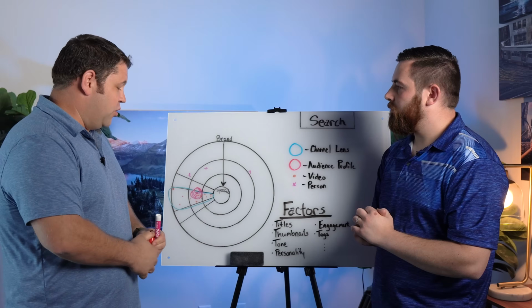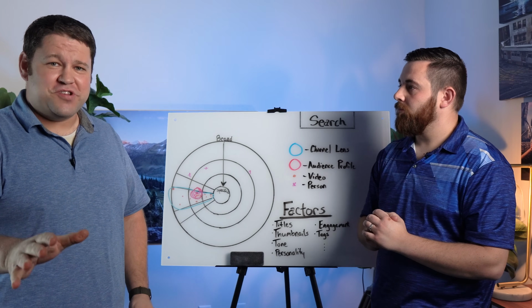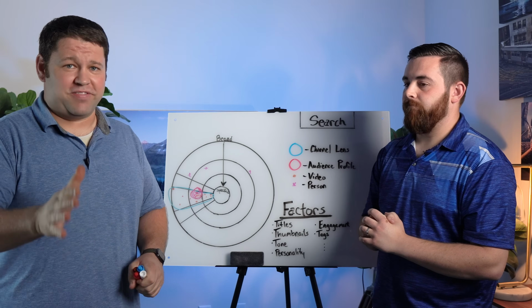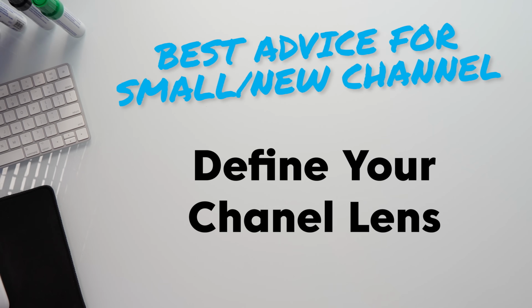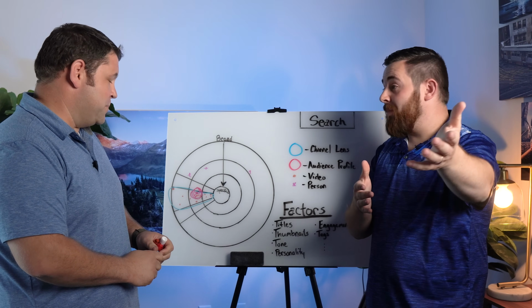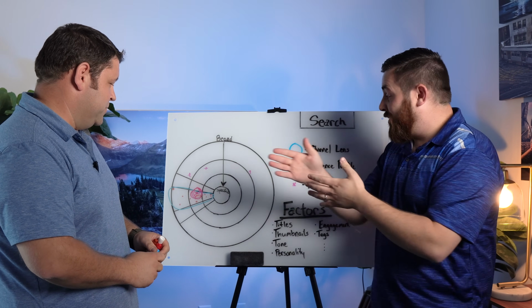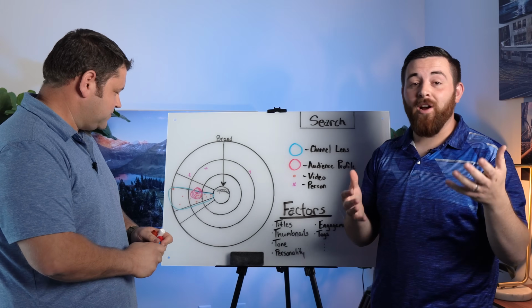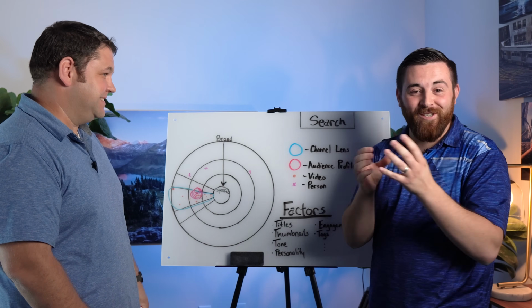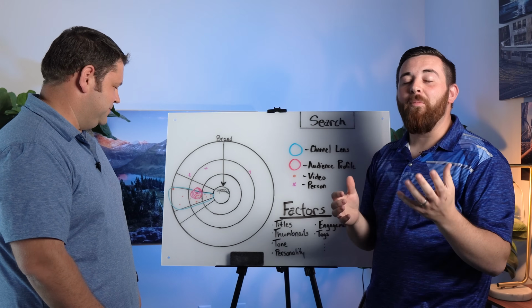So advice number 1 for a new channel or a small channel, you might have been doing this for a long time but not found the success you want. It's to define your channel lens. Don't just do whatever and end up with the channel lens that just happens to happen based on the content that you make. That's why some creators literally take years. And you may be in that boat. It's because if you just go all over the place, YouTube takes a long time to figure it out. But if you stay focused on a smaller portion of your topic, YouTube is gonna figure it out so much faster.